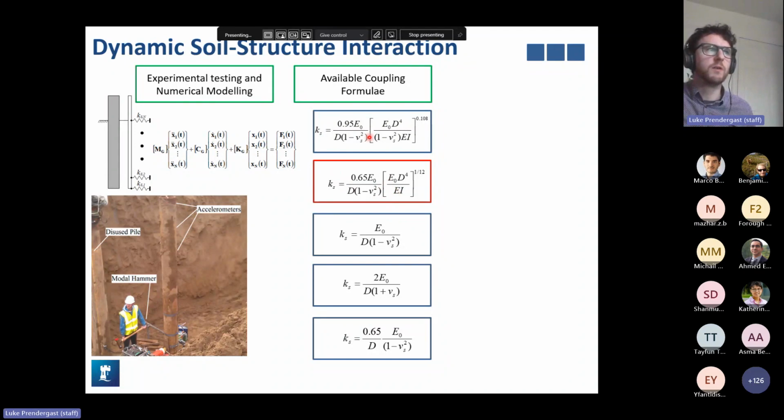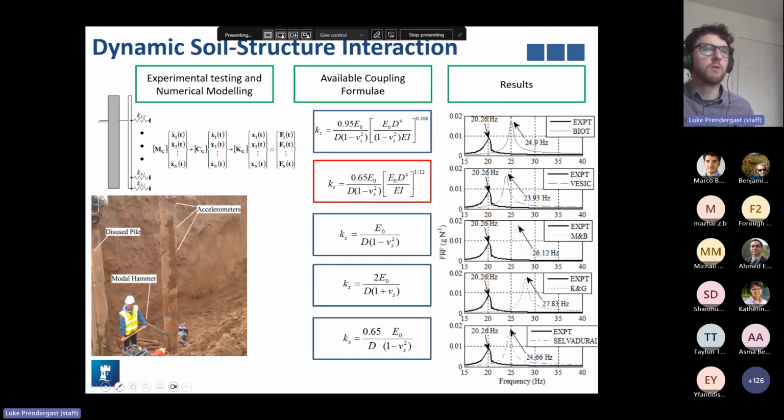So they all require us to input geometric data about the pile, the diameter, for example, the small strain Young's modulus profile of the site, as well as some information about the pile flexural rigidity in some cases. So when we did that, we basically developed 5 numerical models of our pile. We impact tested the pile, had our experimental data, and then we estimated the predicted response versus the actual response. And we ended up with the following graph.